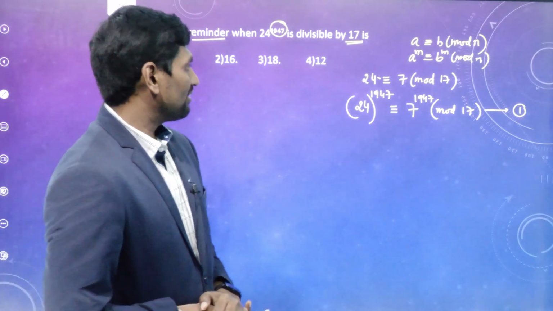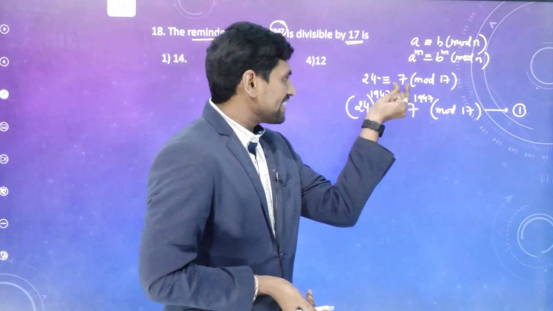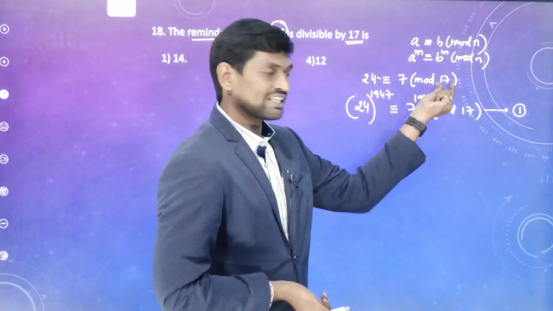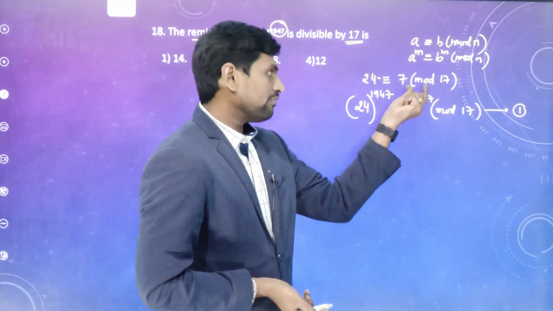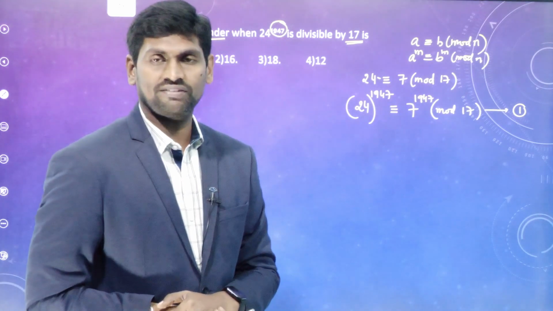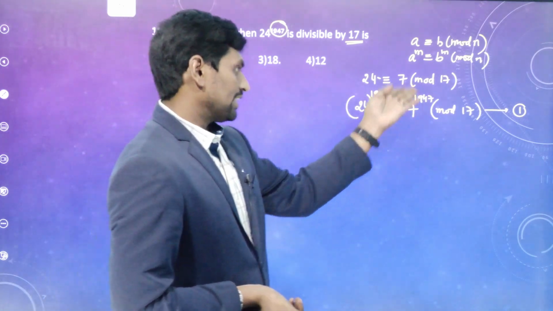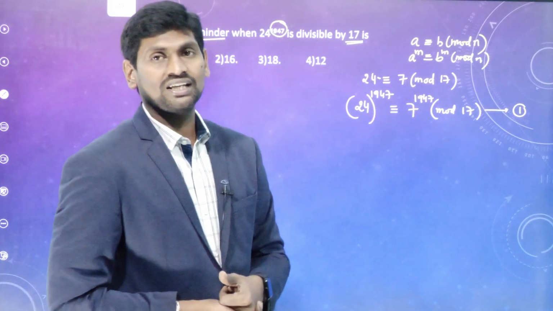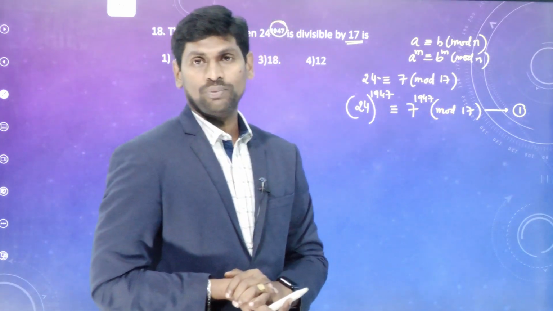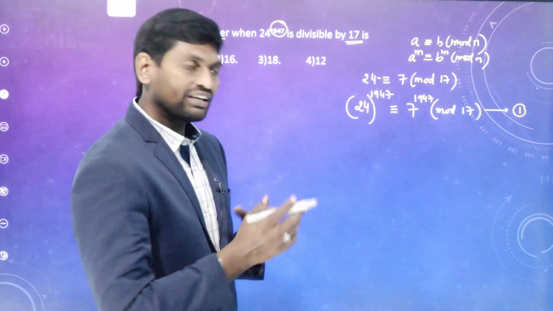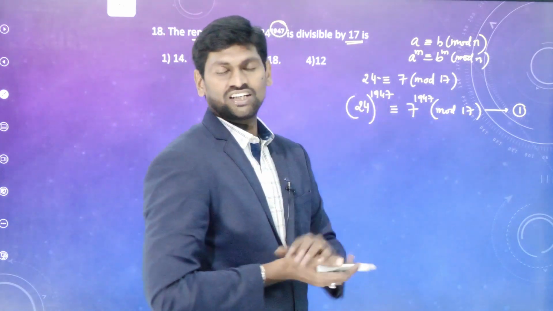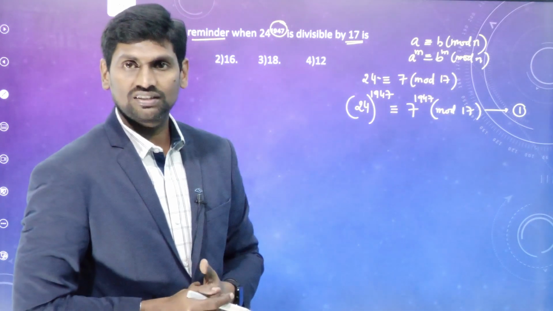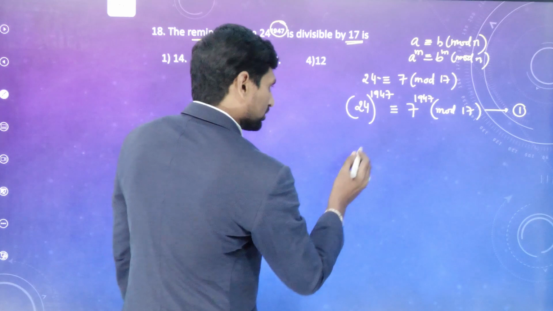Okay. But whenever you observe here, the 7 is the remainder here. The 7 must be less than this 17. But here 7 power 1947 is more than the 17. So let us find out how many times this 17 will be. Again we need to divide 7 power 1947 with 17. Clear? So according to this,